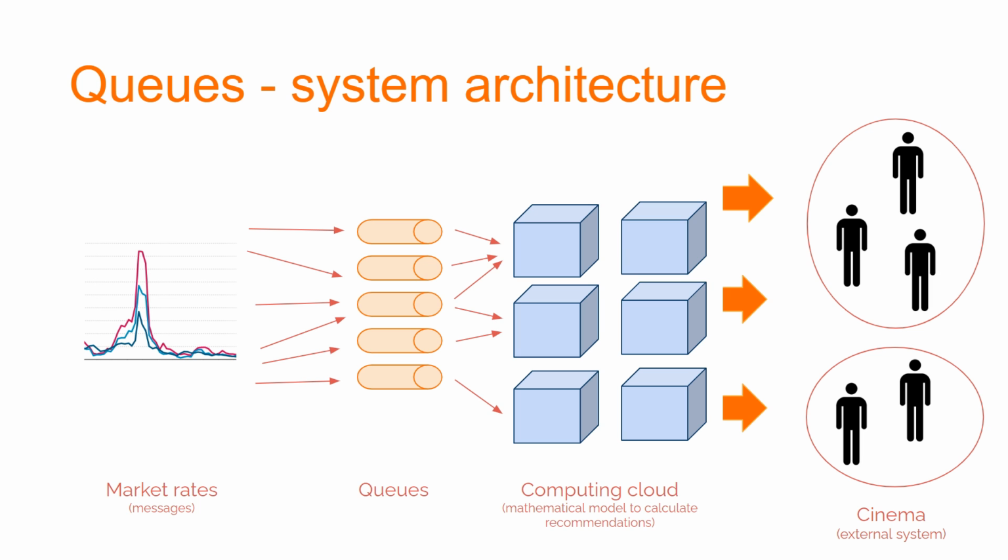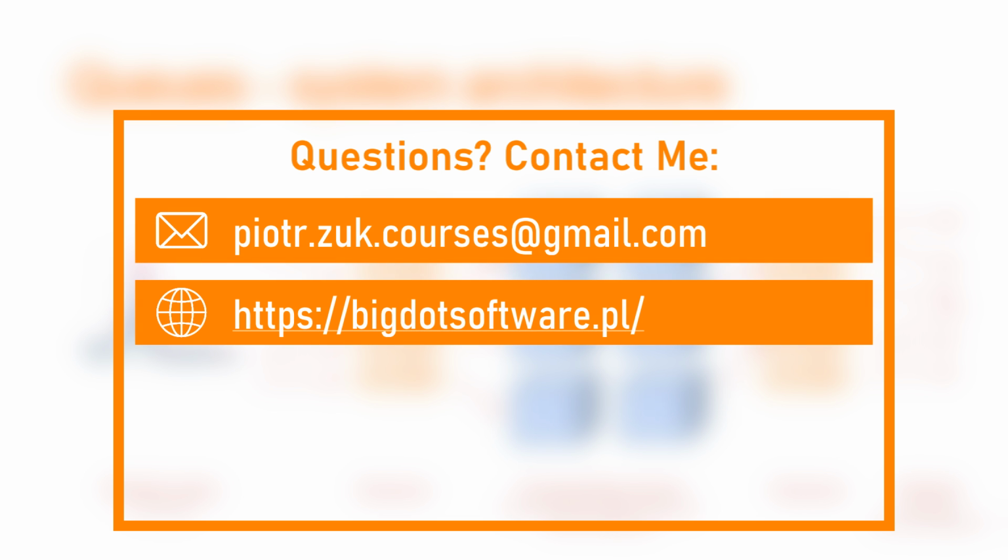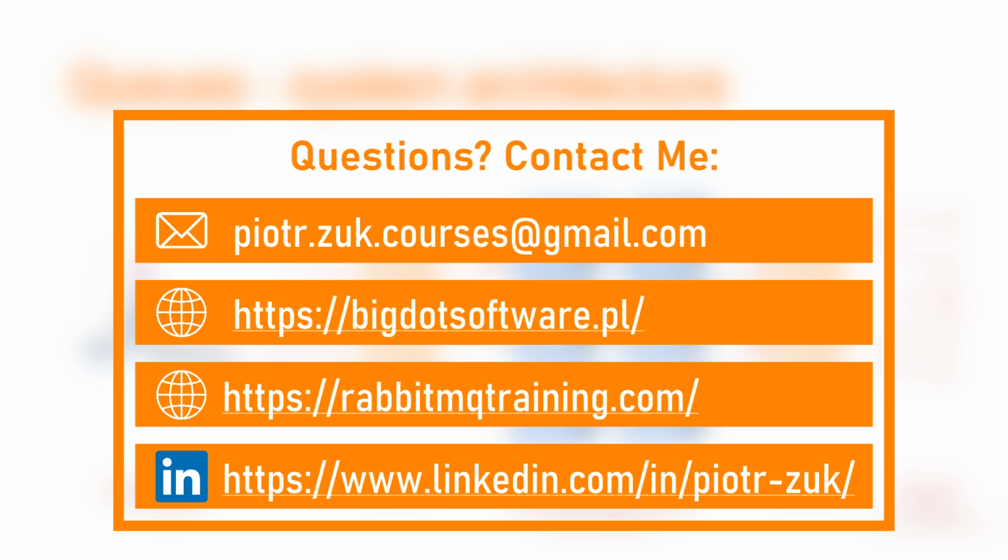Ticket offices will be a computing cloud that implements a mathematical model to calculate recommendations. And finally, the cinema will be clients, interpreted as an external system used for making decisions about buying or selling stocks on the market. Clients expect recommendations no later than, for example, 5 seconds after our system